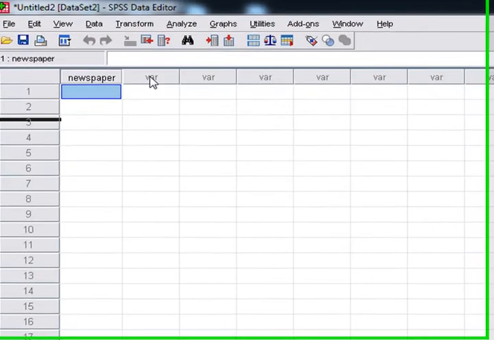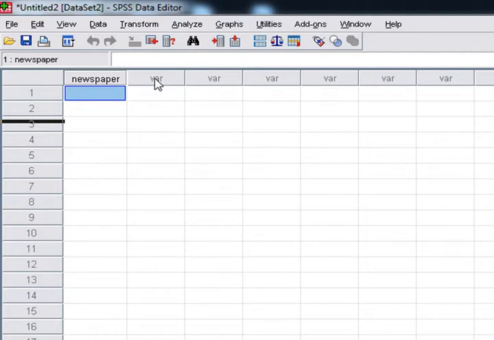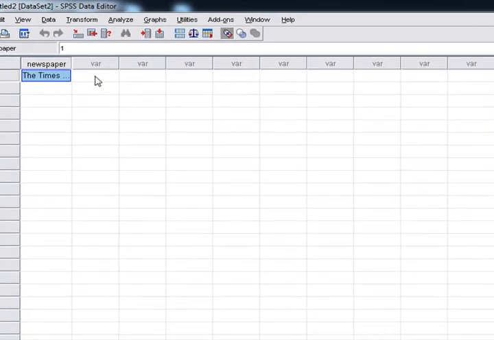Similarly, we can prepare a second variable which can be of category, source, etc. If I type 1 here, then it will understand it as Times of India. Friends, this button is very important, and it is called value labels. It shows the labels which are entered against the values in this variable. So this way you can go on adding the data.